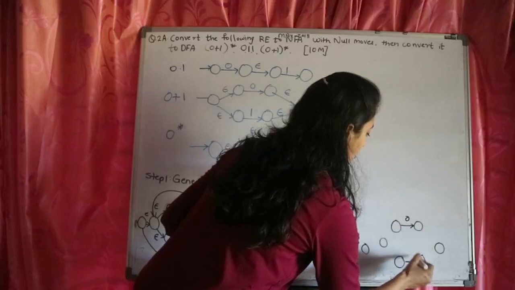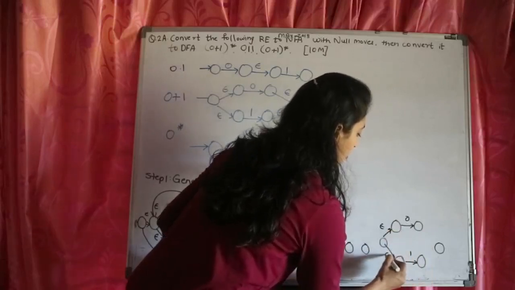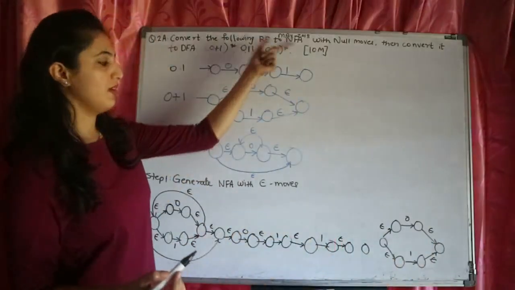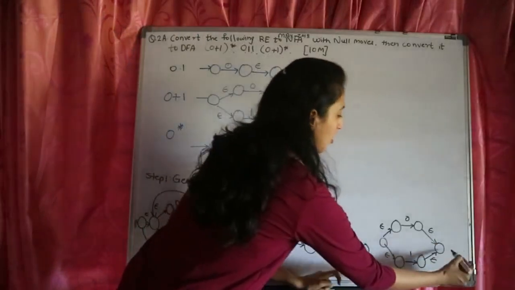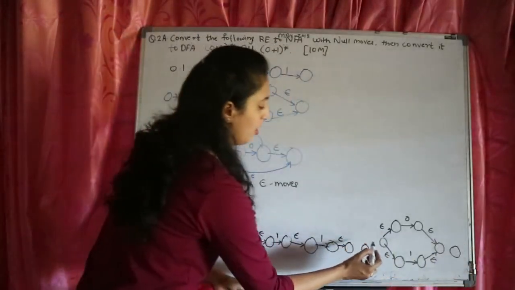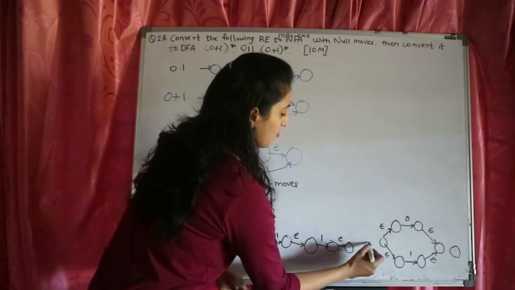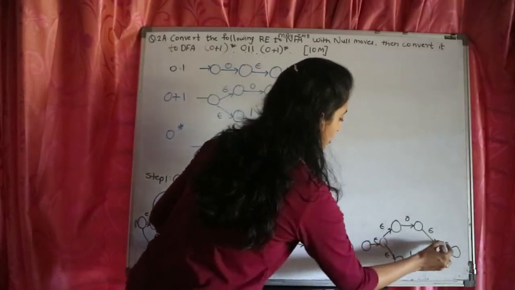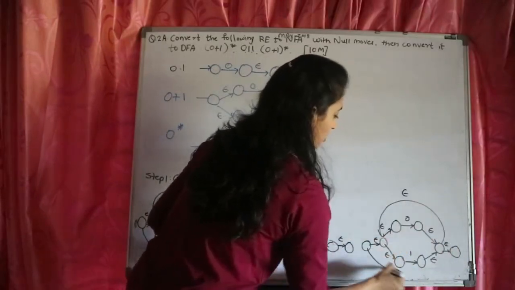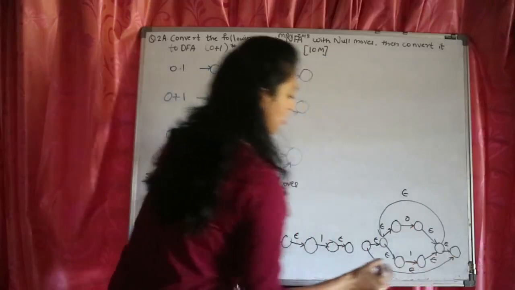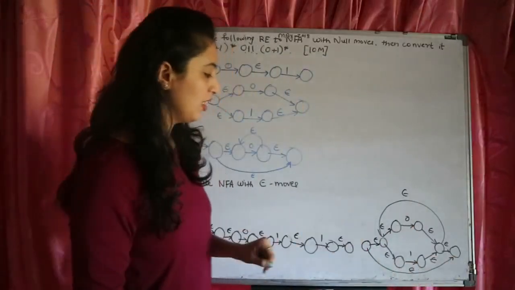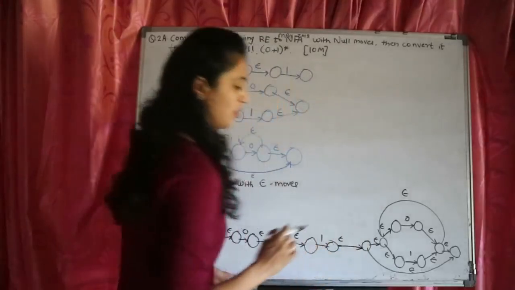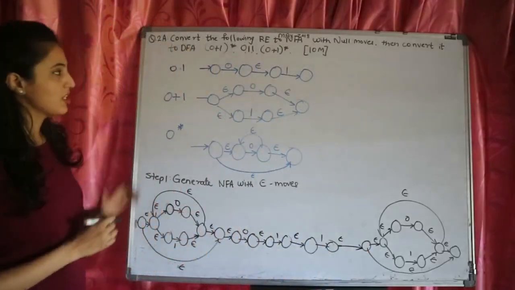That is 0 or 1, and this is epsilon. Now 0 plus 1 closure, that means 1 state extra in the beginning and at the end. Now this state I'm going to join together. Now after this I have to connect with this one. So this epsilon will go to this state. So like that I have prepared this entire diagram.